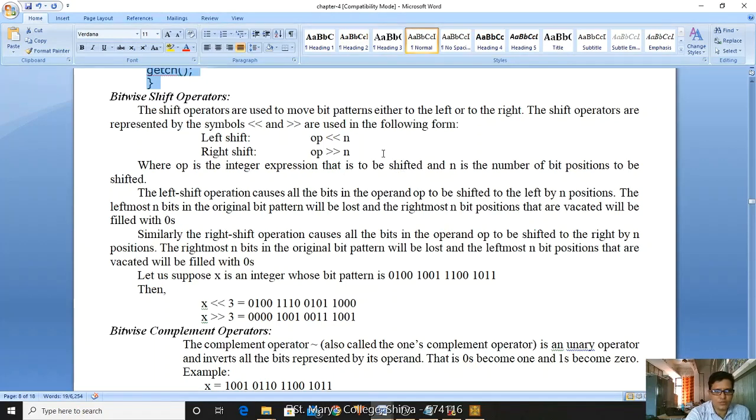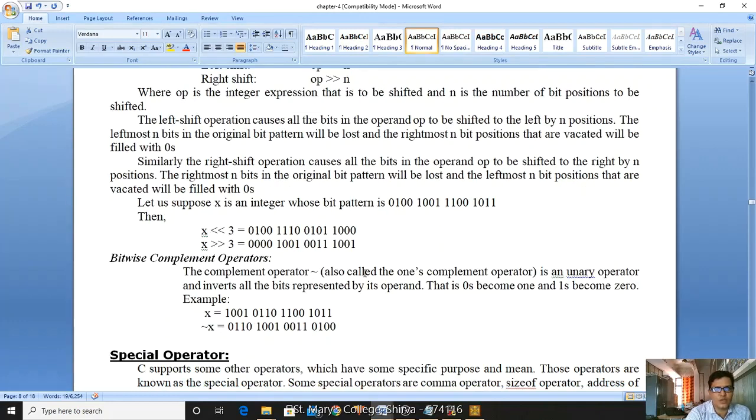Okay, you are making the movement of your bits, that is zeros and ones, either from left to right or right to left. Left shift means you are removing from the left side and adding to the right-hand side. If it is right shift, you are removing from the right and adding to the left. Okay, so that is your bitwise left shift and right shift operator.